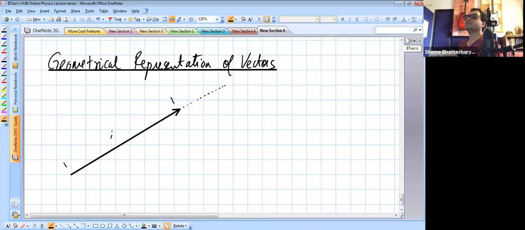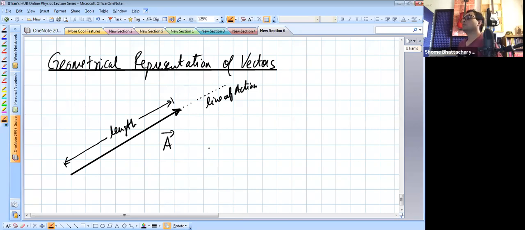So if you look at this length of the arrow, it can be used to define the magnitude of a vector. Whereas if you look at the direction, or what we call the line of action, along which the arrowhead is pointing, this arrowhead is pointing along a particular direction. So that direction, so a vector